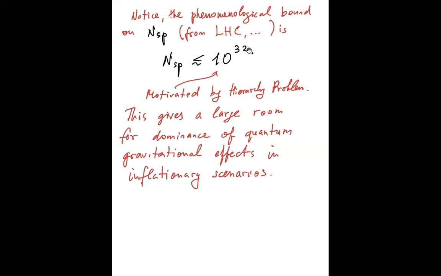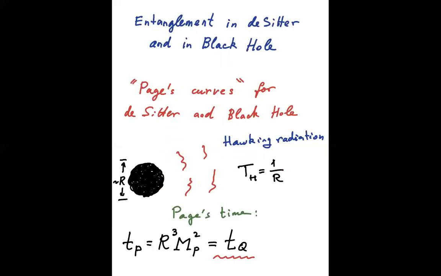And this gives plenty of possibilities to, for example, have inflation with extremely low Hubble scales, okay? Because this number of species enhances quantum gravitational effects enormously, and that's very interesting. Now, in the remaining few minutes, I want to discuss the story of entanglement, which is part of quantum breaking, obviously. And for de Sitter,